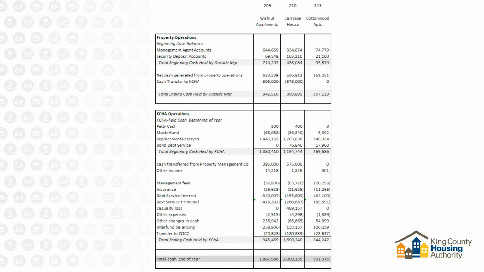So we can look at something and we can say, wow, I'm looking at Carriage House, our property number 210, and wow, there's $400,000 of casualty loss. What is that? In the old system, it would just be a number. We'd have to go log into our main system, drill down, find it, figure out what it is. With this system, and you'll see this in a bit, not with our data, but you'll see with Global Software's data, we can actually just double-click on it, see the detail accounts that go into that, drill down further into transactional detail, and drill down further and actually look at anything that we've scanned in. So it could be an invoice or whatever it is. It can save us just enormous amounts of time.